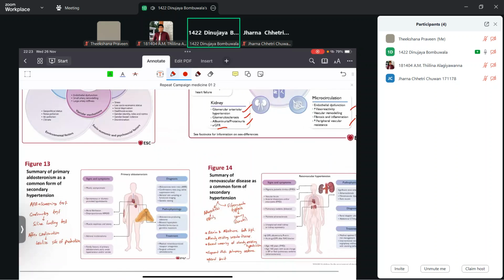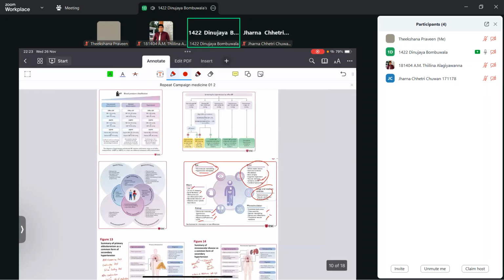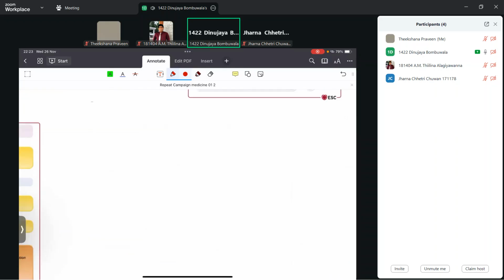Secondary hypertension is blood pressure elevation due to another cause. If we treat secondary hypertension without correcting the cause, it does not respond to antihypertensives. It usually becomes a resistant hypertension unless we treat the cause. So mostly resistant hypertension is due to secondary causes. Okay.